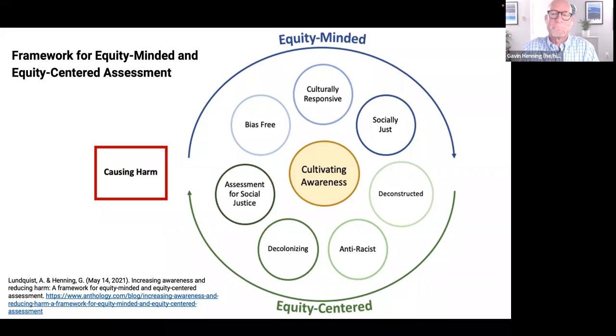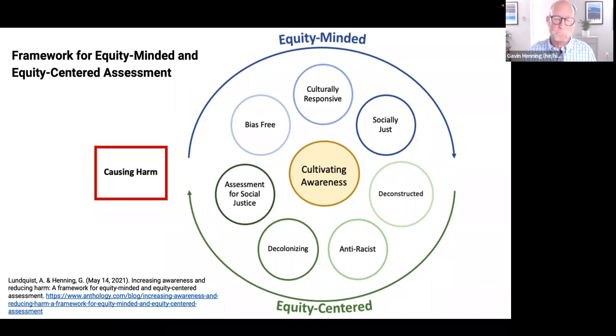Culturally responsive assessment is really about considering students' culture and what they bring to the learning experience and how their learning and knowledge development may be different. When we think about higher education, it's very Western in terms of our assumptions and beliefs around how knowledge is created. But culturally responsive assessment questions that a little bit and says that students can approach this learning experience in different ways. And for us to really support student learning, we need to take into account their cultures.